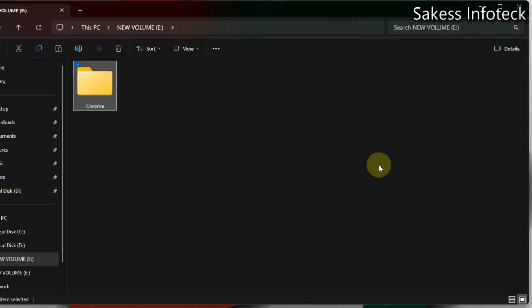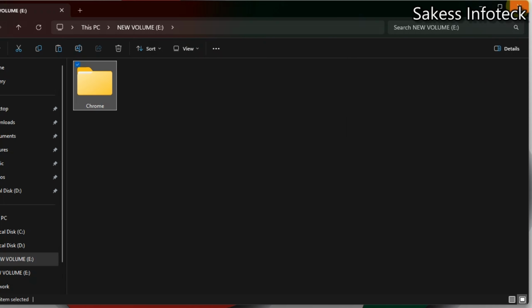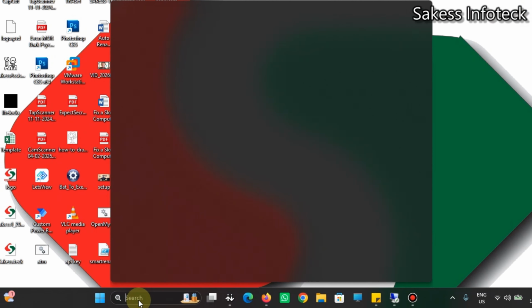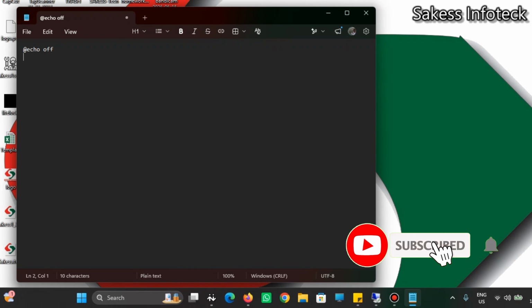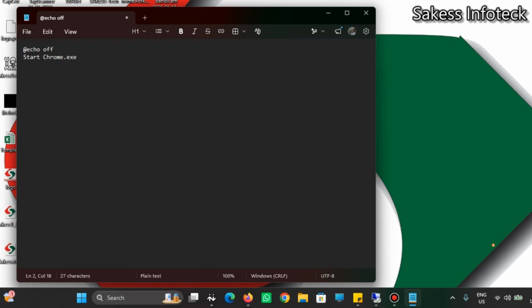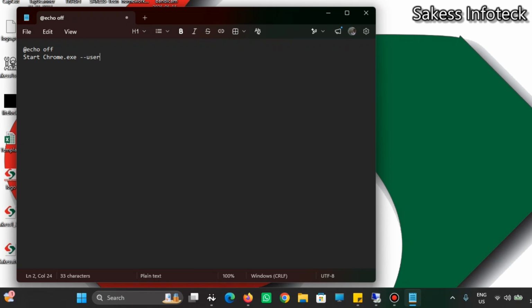Now we are going to create a batch file and name it portable chrome.bat. Let me close this File Explorer and then open Notepad from the search. Then we are going to create a batch file. We type @echo off, and then start chrome.exe, space, hyphen, hyphen user-data-dir to create a directory, equals the quotation sign, and then we bring our percentage sign,